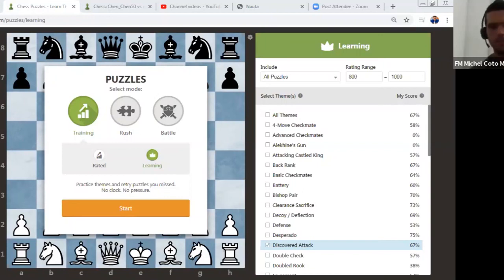Okay, any question about the homework? Next, you select the rating here, between 800 and 1000. Yes, you will see many puzzles, many kinds of tactical themes. You don't have to select any of them. You can just select,